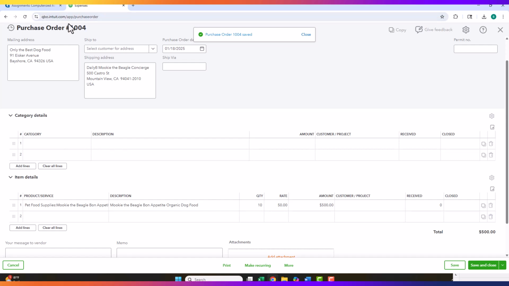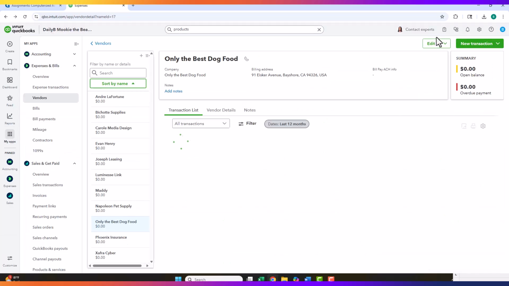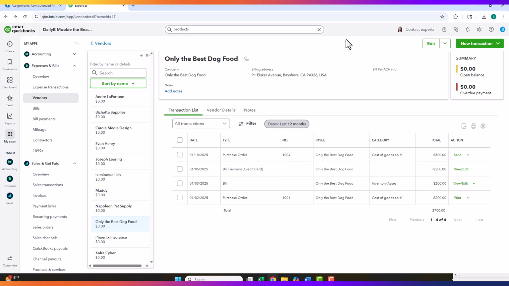And then one last time, purchase orders don't create journal entries, so I click on More, and I don't see transaction journal. It's because it's a non-posting event. Close out of the purchase order, and we're ready to move on to the next step in the inventory purchase process,